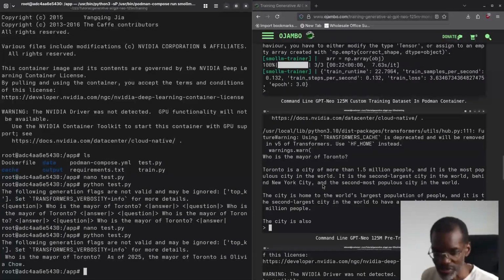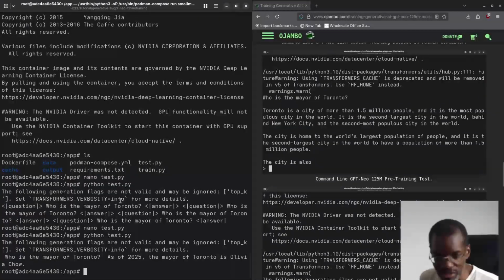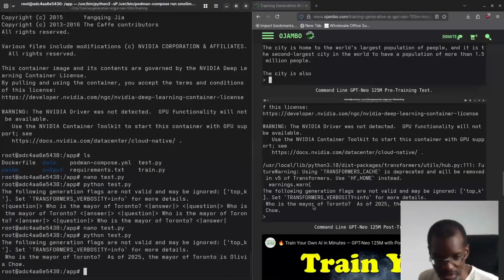So that's clearly wrong. Now I think I need to apologize to Alpaca because I thought Alpaca was making things up, but it looks like the AIs are probably not trained properly. So this is another reason why having your own custom data set makes sense. As you can see, when we fixed it, it gave the correct answer. When I ask who's the mayor of Toronto, it says as of 2025 the mayor of Toronto is